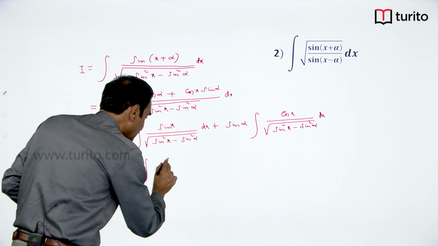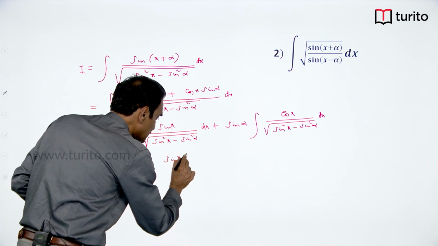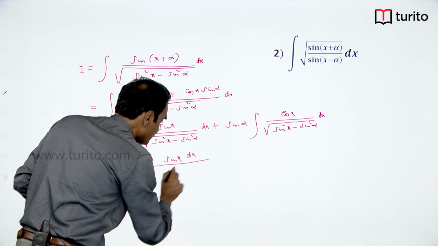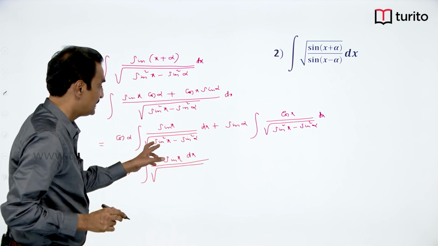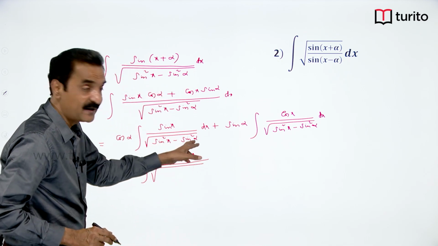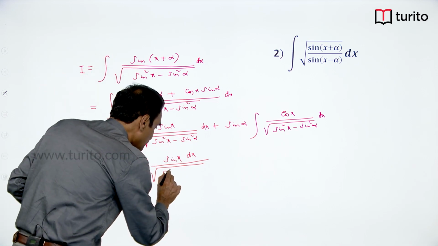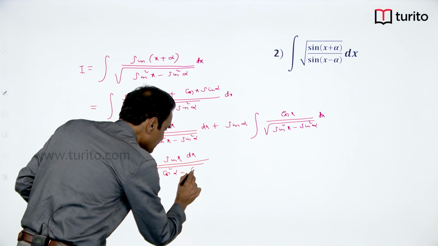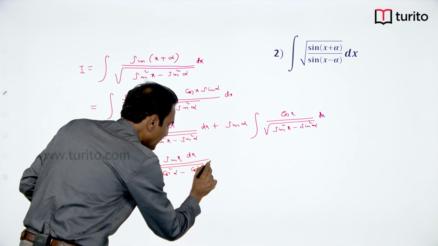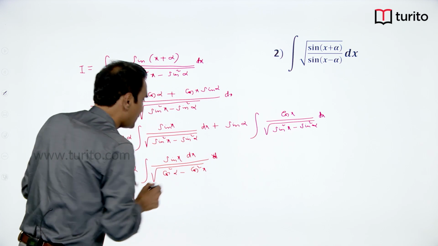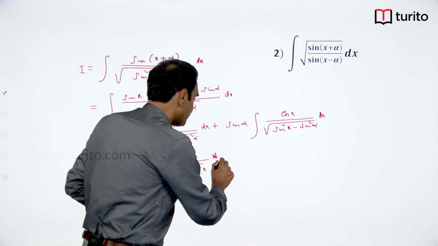cos alpha integral sin x dx by, this is 1 minus cos square x minus 1 minus cos square alpha, it will be cos square alpha minus cos square x dx, dx is already there. Next, plus